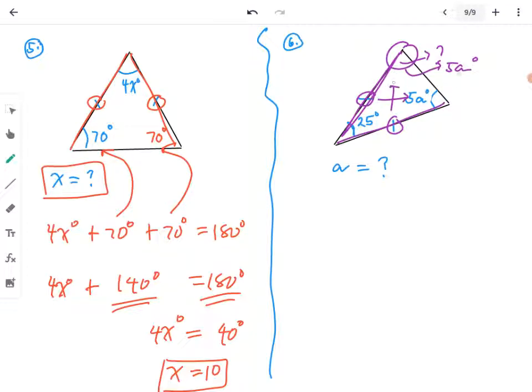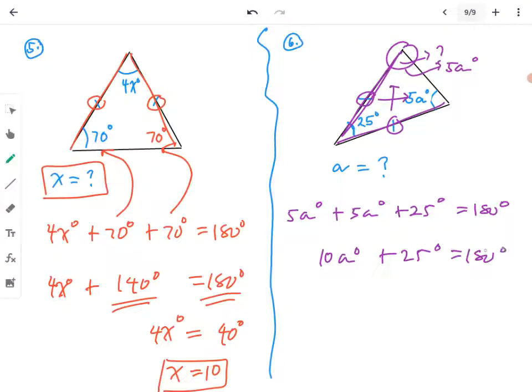Therefore, this angle is also 5a degrees. So we have 5a degrees, another 5a degrees, and the other 25 degrees. We can now form an equation using the angle sum of a triangle. So how do we do that? There is a 5a, there's another 5a, and there is 25, all added to equal 180 degrees. So 5a and 5a gives us 10a, plus 25 degrees equals 180 degrees. If we subtract 25 from both sides,